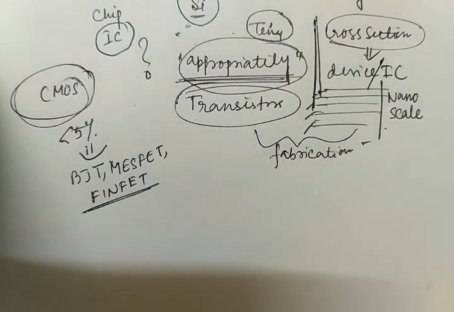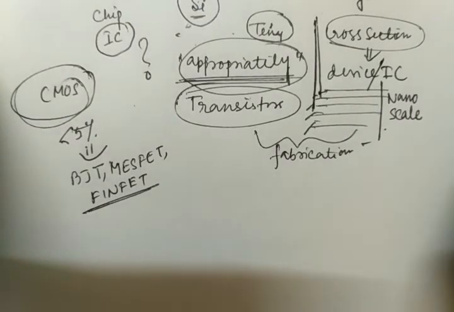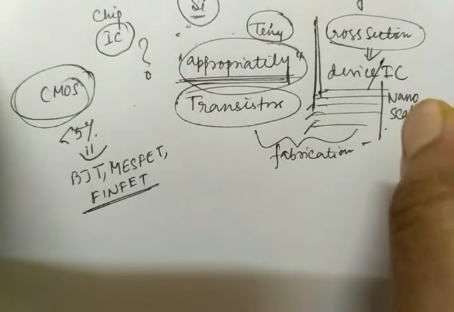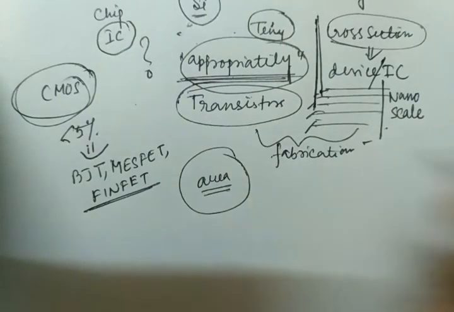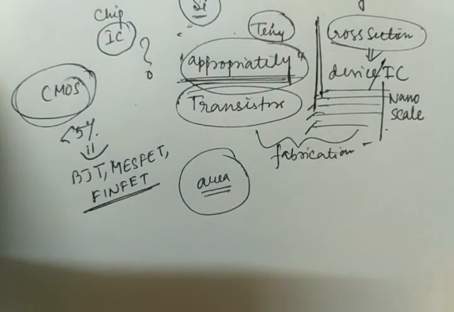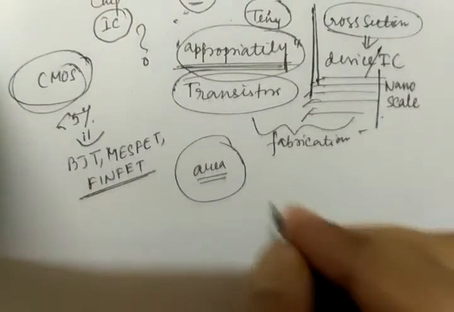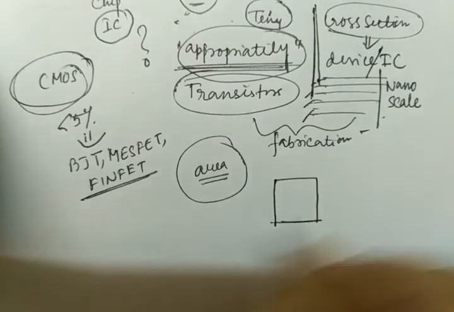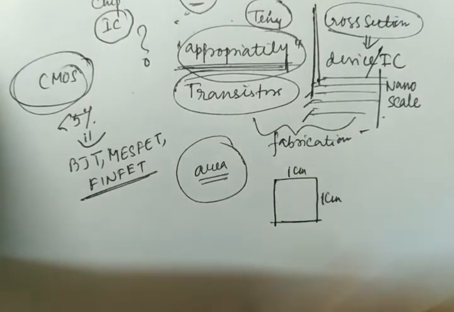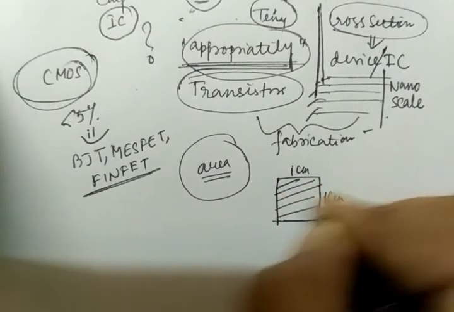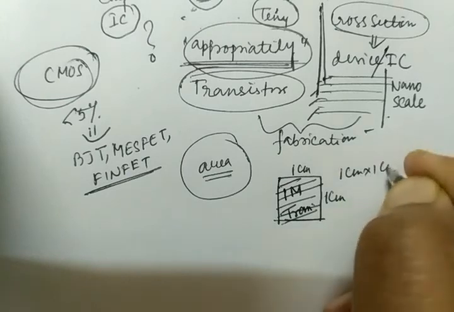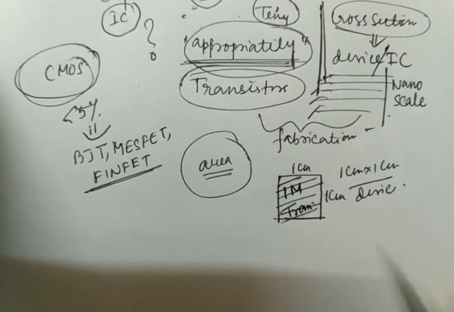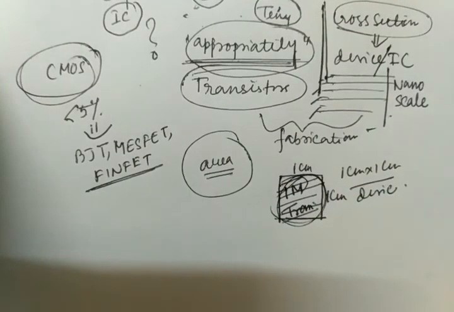If you see in detail, there are source terminal, drain terminal, and gate terminal, and in a modern chip there are billions and millions of transistors in a very small area. The most important point is that the area is very small, but there are billions and millions of transistors. If we think of a very small cross section, 1 centimeter by 1 centimeter, internally there are 1 million transistors. This is device scaling, but inside the device there are millions of transistors.